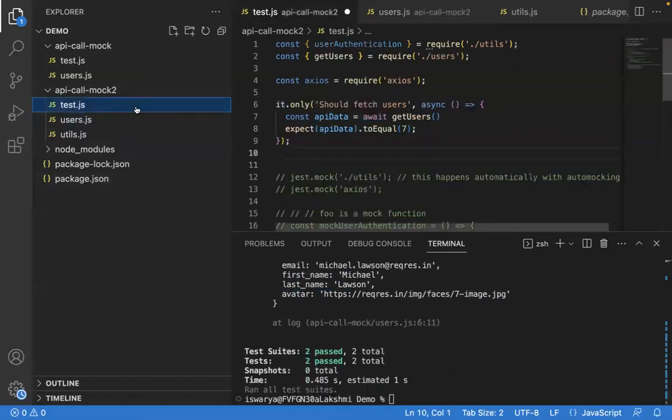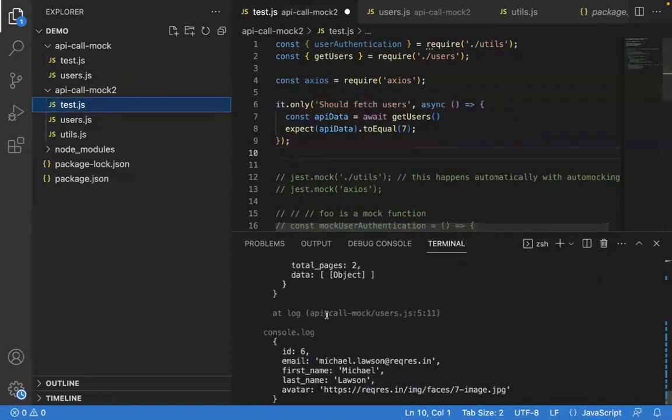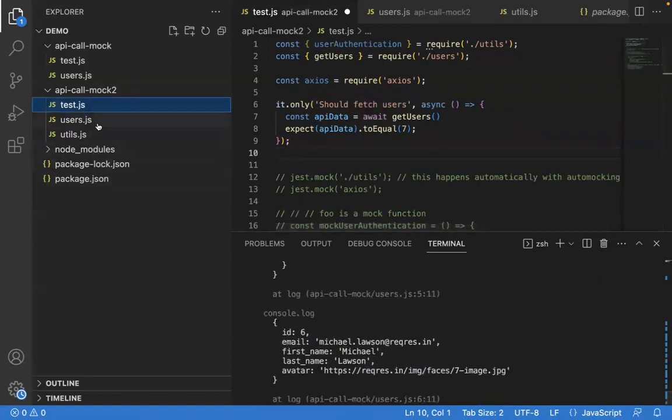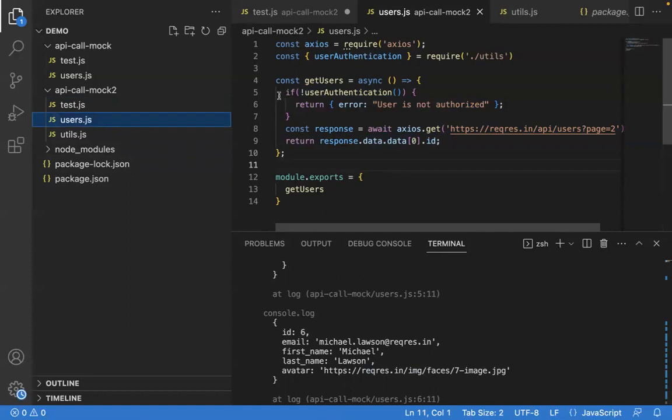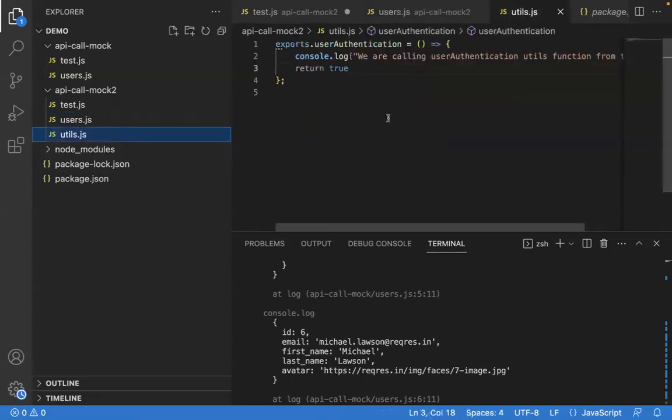And now what we will try to do is, because the actual API call is happening here, right? On top of that, we want to mock even the utils also, because in utils, there might be n number of functions in an actual project, and n number of API calls might also be happening. So, for example, if we are not required to do any actual API call, and if we want to test only the logic, in this case, what we can do is